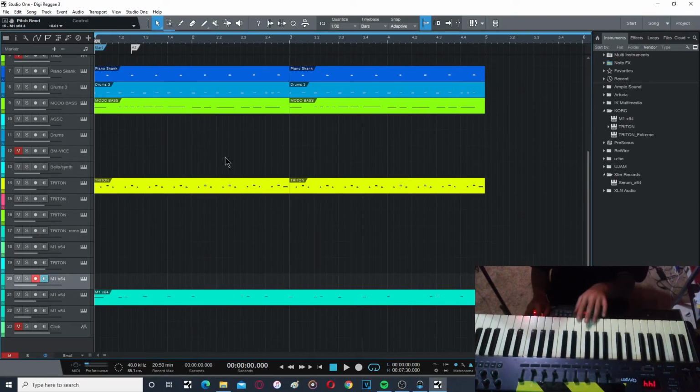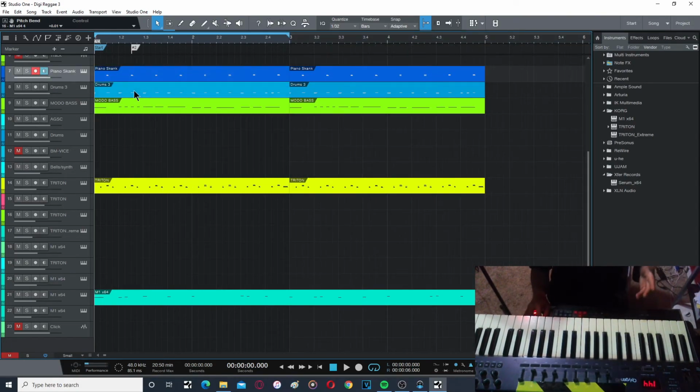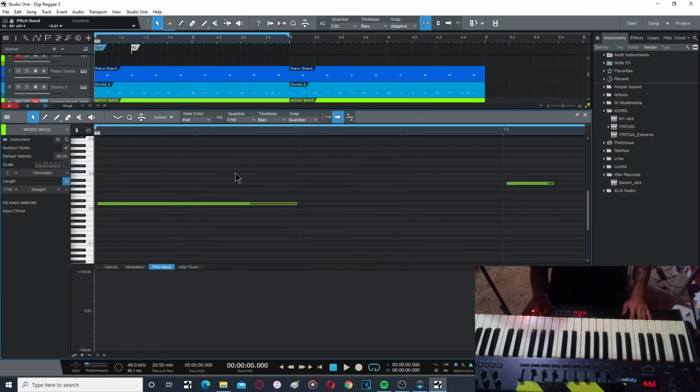At this point, you can just be creative. The piano skank, drums, bubble and bass are the basics. After that, you can just have fun with it and be creative. But yeah, for the bass,